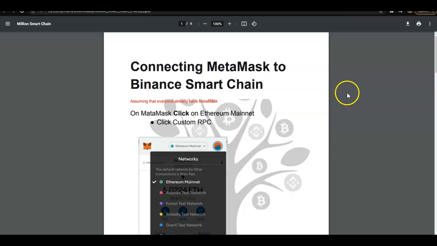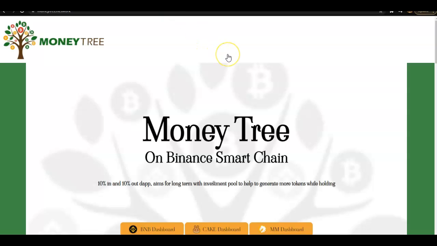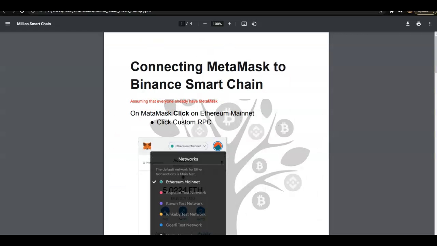Connecting Metamask to Binance Smart Chain couldn't be any easier, guys. When I decided to join MONEYTREE, I was just using the Binance wallet. The Binance wallet would not connect. The only way it's going to connect is via the Metamask. So with our Metamask account, we can have a sub-account, so to speak, with the Binance Smart Chain, which I'll